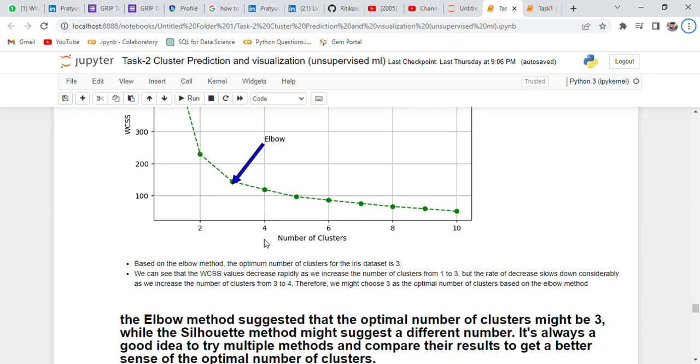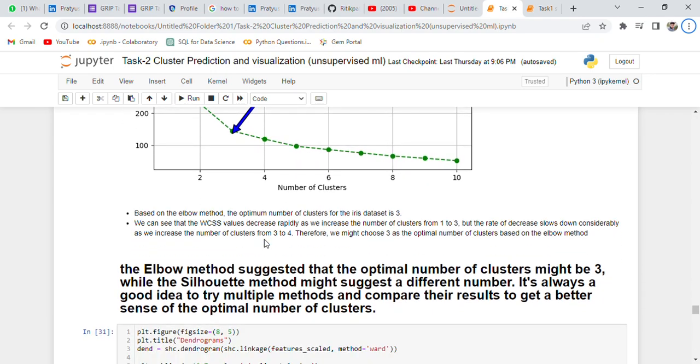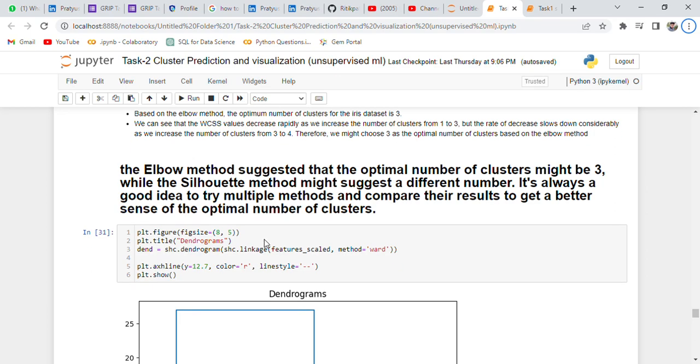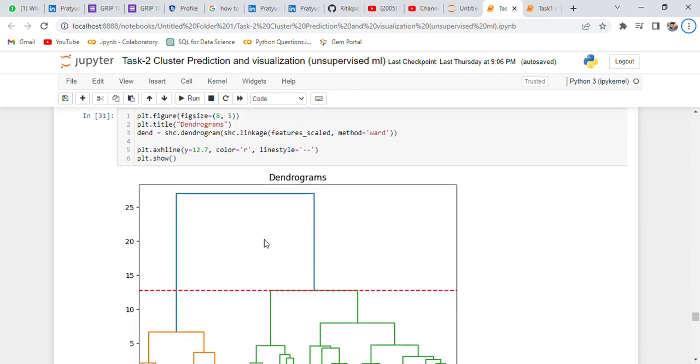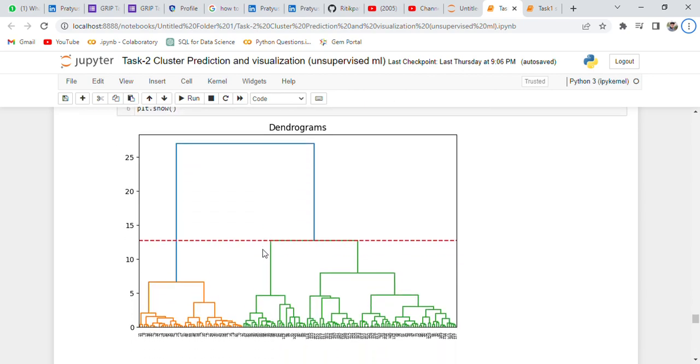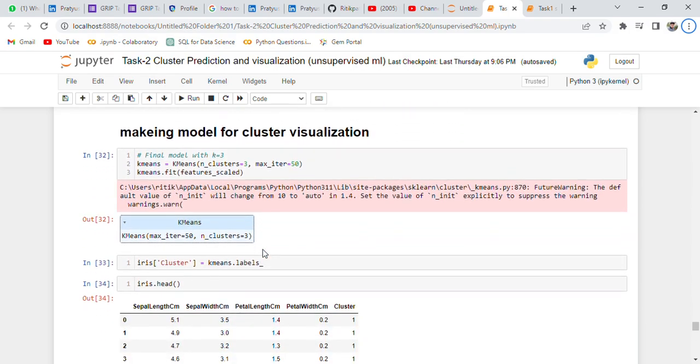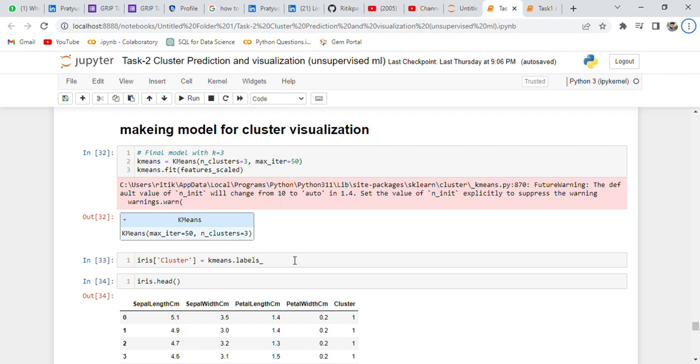We can use the silhouette method also. It is a better way to try multiple methods and compare their results to get a better sense of the optimal number of clusters. Here again I use the dendrogram on my scaled data. Now making the model for cluster visualization